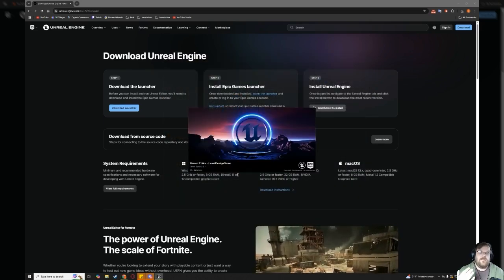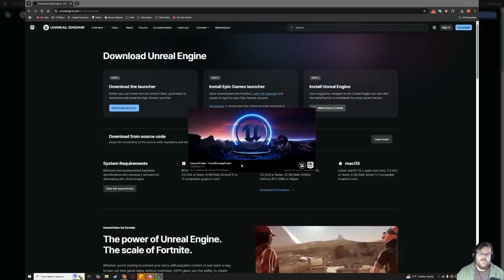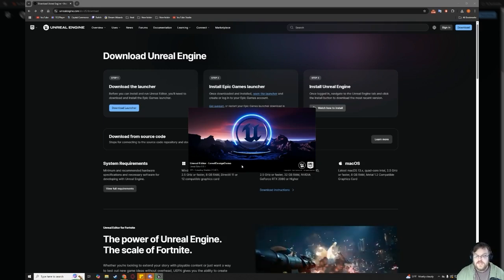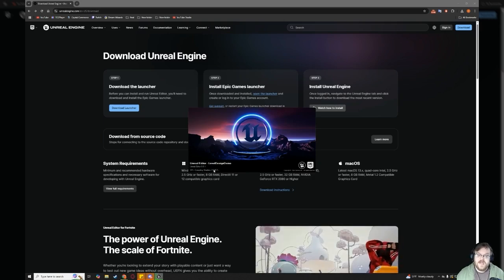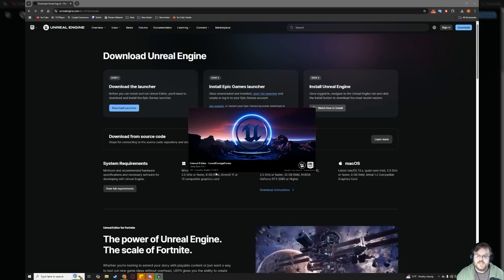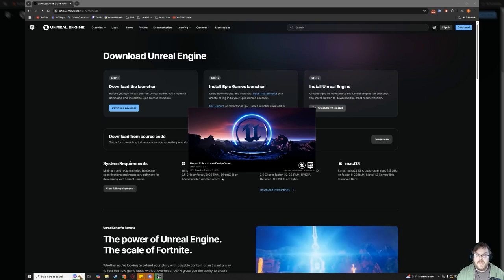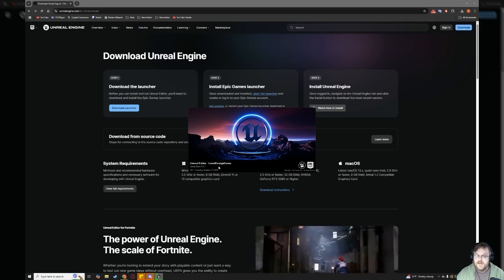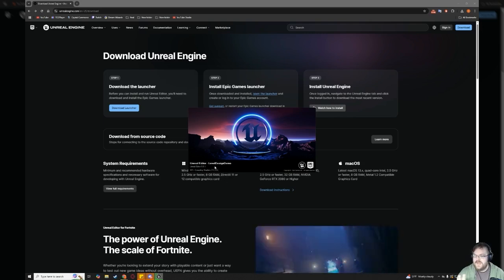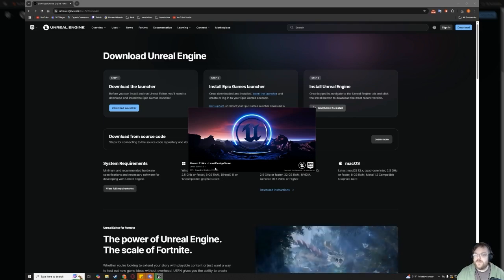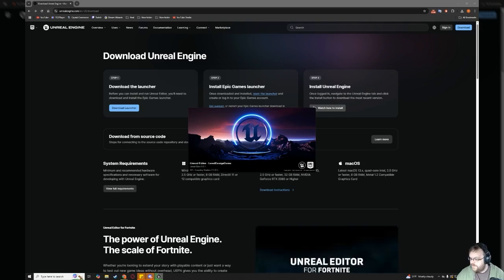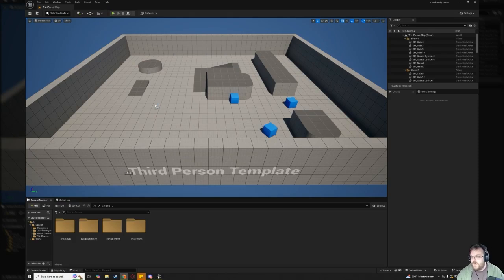This will take several more minutes the first time, especially when you load it up, because as you can see down here where it says compiling shaders, there's a lot of shaders that need to be compiled, and that can take a while. So I'm going to let that load up and pause the recording, and come back when it's all launched. Okay. Now that is done and we have opened up our editor,